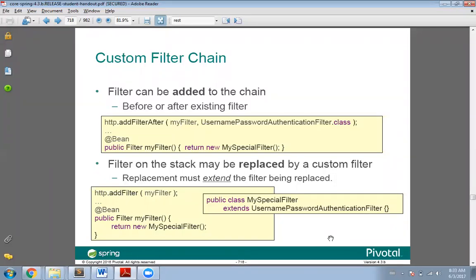Yeah. You can also add your own filters in this filter chain at any place, not only at the end. You can add it at the beginning or after any other existing filter. So you can define your own filter class and define it as a bean. First you define a filter and extend it from some existing filter. Then you define it as a bean and then you can use the addFilter method